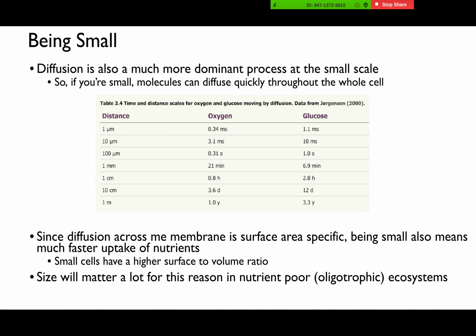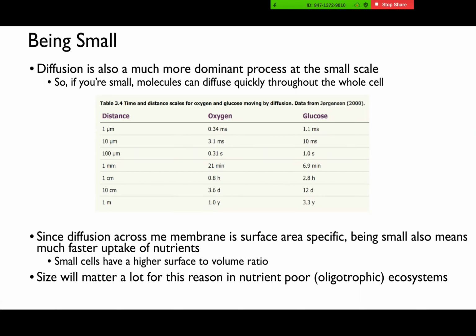If you need glucose or oxygen, it will diffuse through your entire cell almost instantaneously. However, as you notice, as we go up to 1 meter, for oxygen or glucose to diffuse 1 meter, it takes a year, or 3.3 years. So being small is really, really good because diffusion means things are more likely to move into your cell, which means you're more likely to be able to take things up quicker and thus respond quicker to the environment,